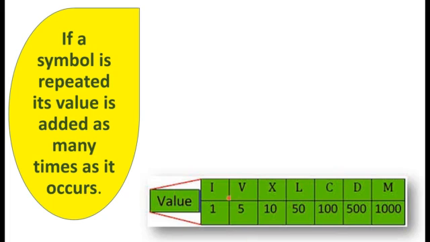Okay, I have shown all these symbols over here so that it will be easy for you all to recognize and learn. Let us take I and I. Two times I has been written over here, which means the I is repeating, so we will add both the numerals. I equals 1, then again I is there, so we add 1 more. That means I plus I, that is 1 plus 1 equals 2.